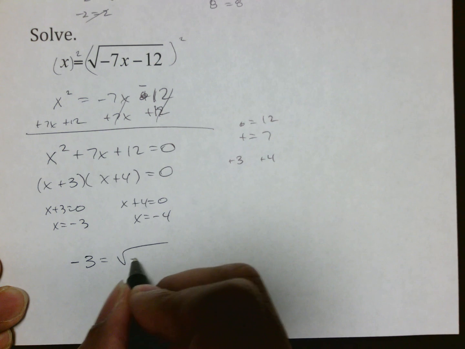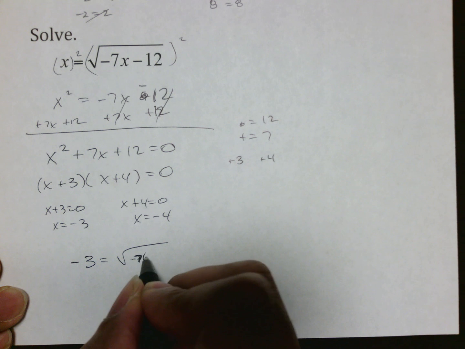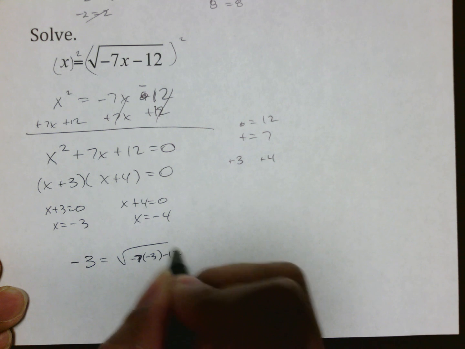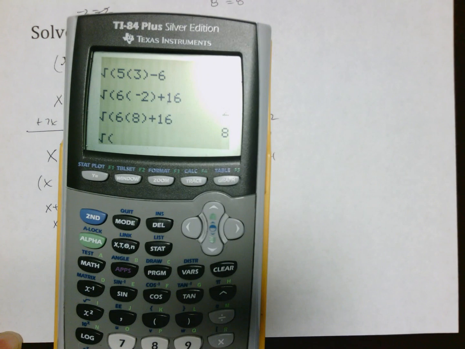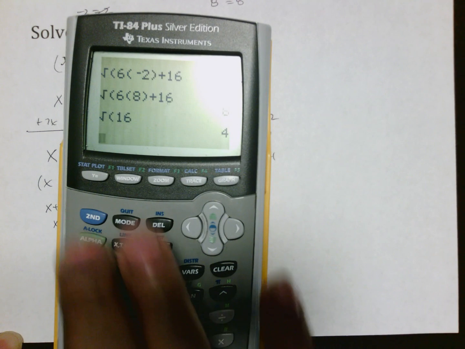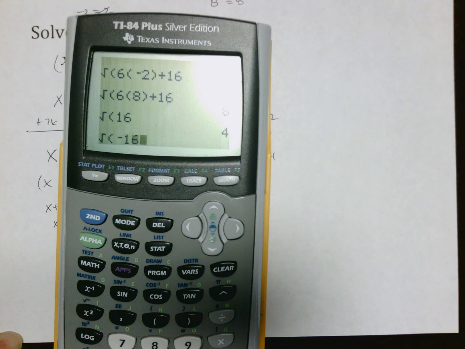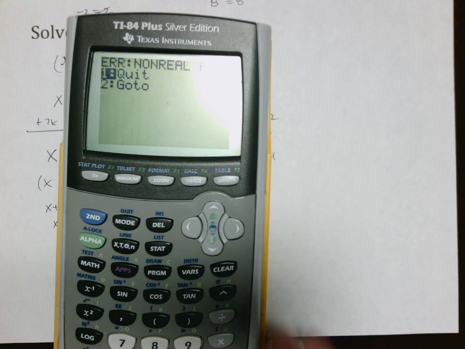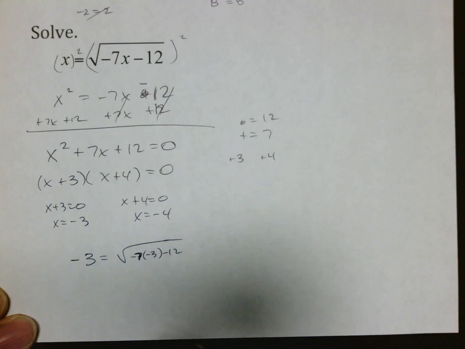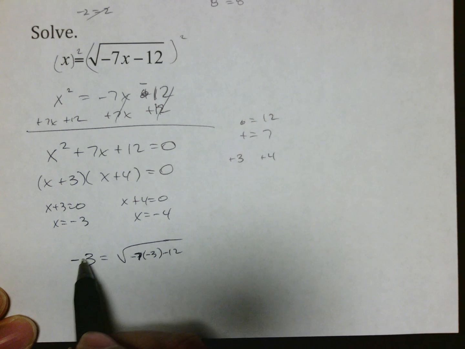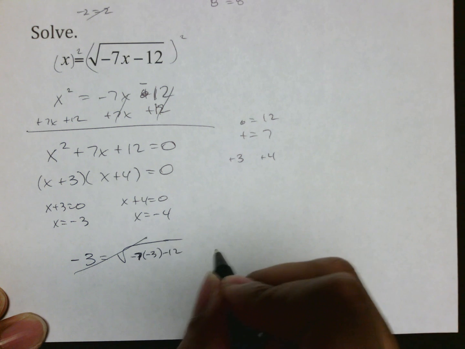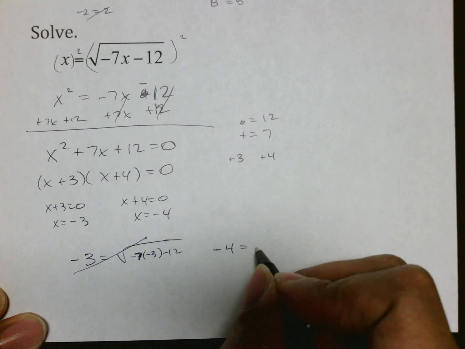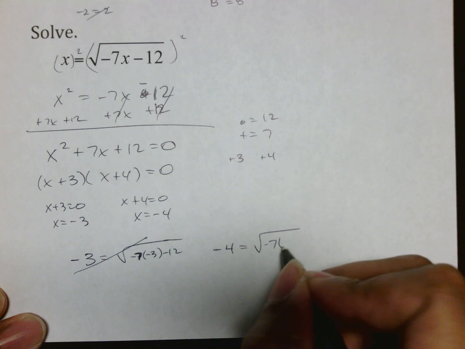If I have negative 3 equals square root of negative 7 times negative 3 minus 12, is there any way I take the square root of a number and get a negative 3? Let's see, square root of 16 is positive. Square root of negative 16 doesn't work because there's no numbers that multiply to be a negative. So once you see that you have a square root equals a negative, it's pretty much extraneous, which also means that if you plug in negative 4 to your solution in the original part,